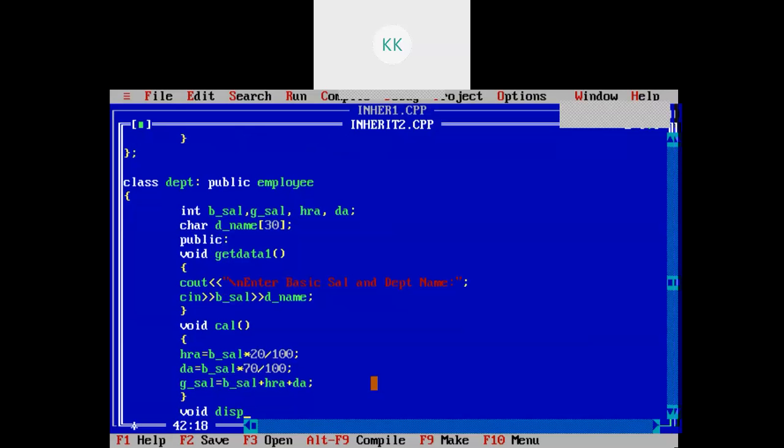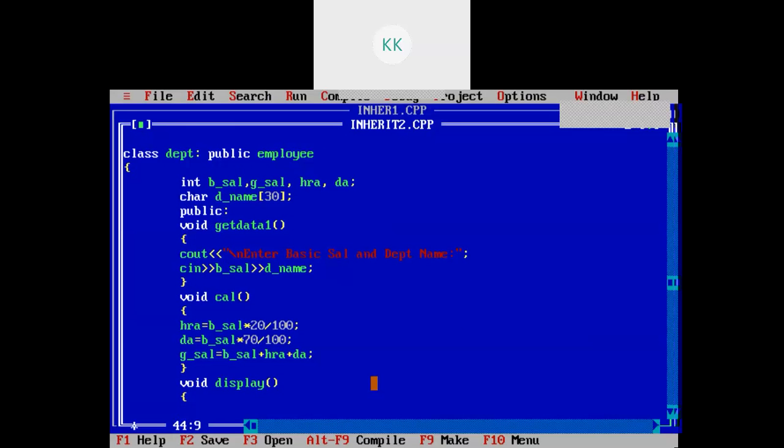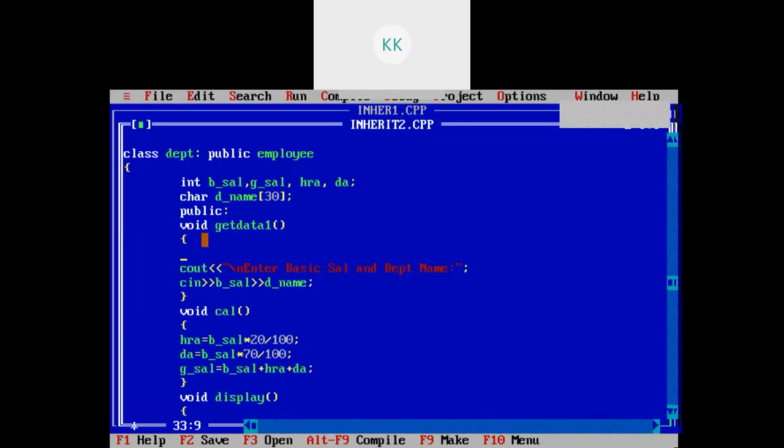So I will write the display function. This will display all the data. And here also I need to read the data from the base class. So for that I can call the function get data.